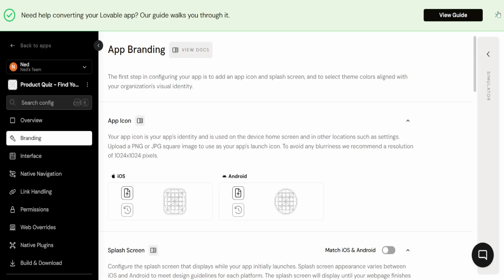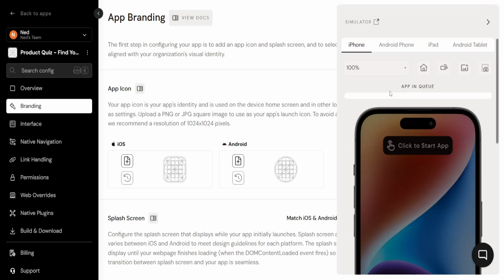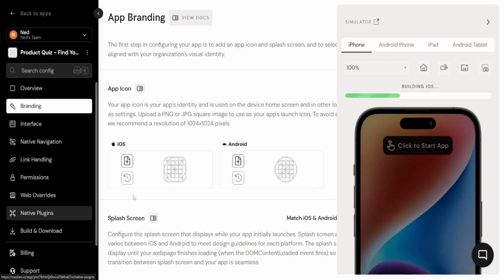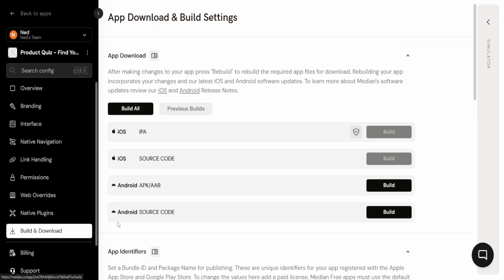Now, right here, if you click on Simulator, it is going to show you the progress. So currently it's going to be building for iOS. That is what we need, IPA file. And right here, once this is complete, then we can click on Build and Download, and you will see iOS